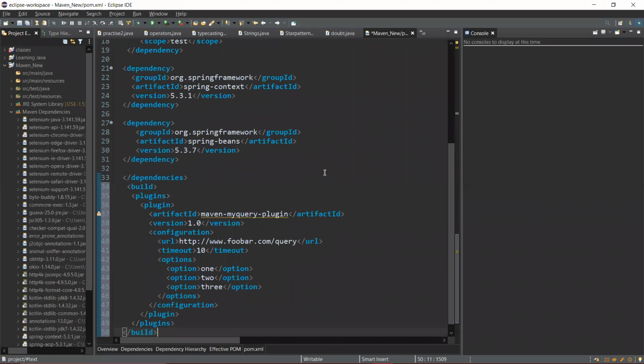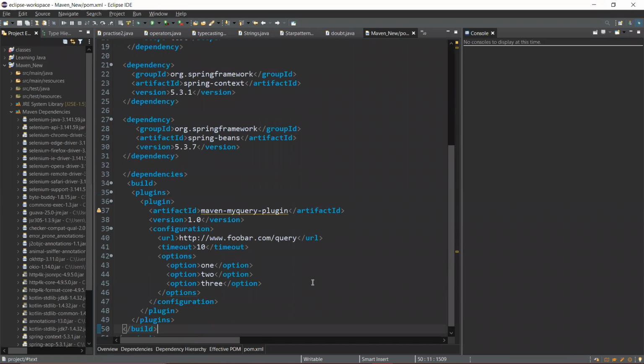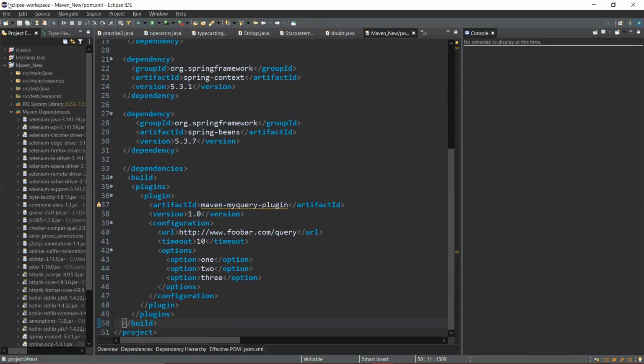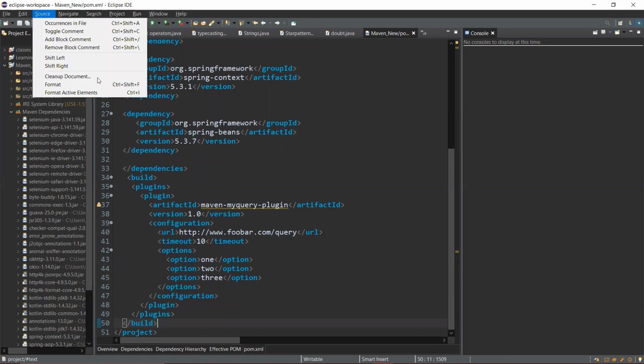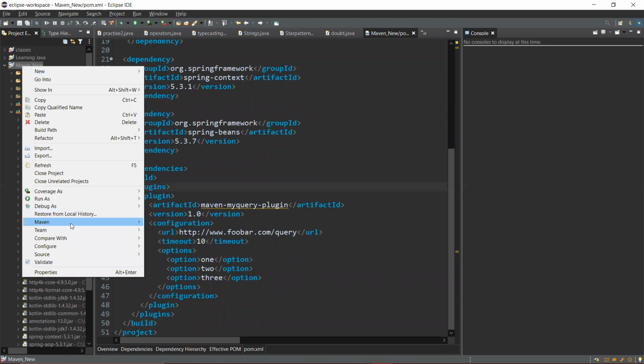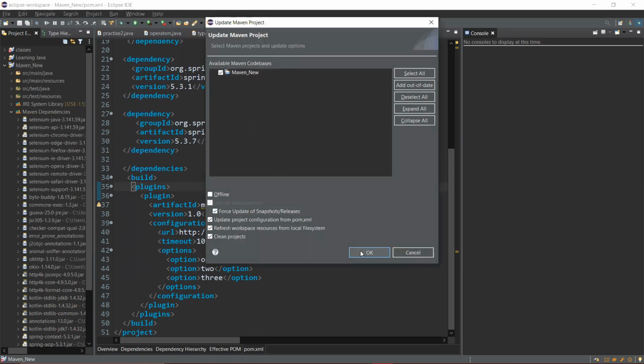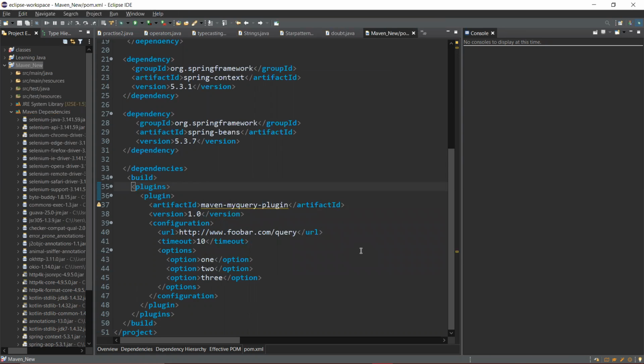Can you paste it? Save. Yes, sir. Okay. Can you make a force update? No. Go to your project, Maven_new. Come to Maven, update project. Yes, sir. Okay, go to the same .m2 location.